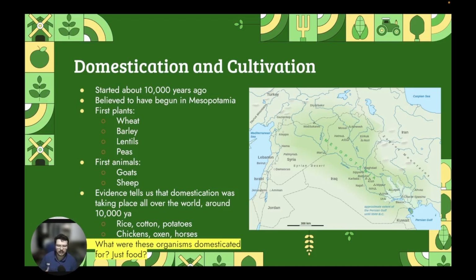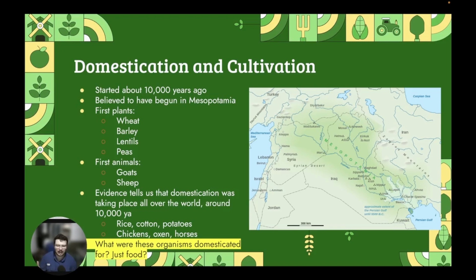And the first animals we domesticated are goats and sheep. Now, in East Asia, they were domesticating rice, cotton, chicken, oxen, and horses. And in South America, we have evidence that they were domesticating potatoes, chicken, and either horses or llamas and alpacas. So we've been herding those kind of animals for a very long time, primarily for a labor force and